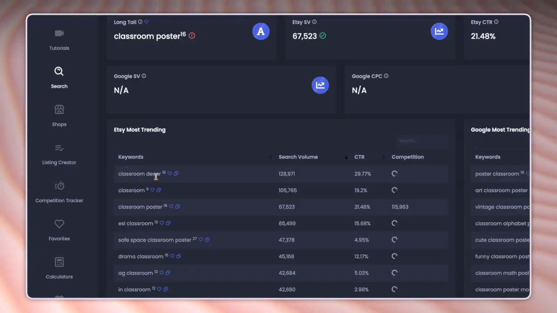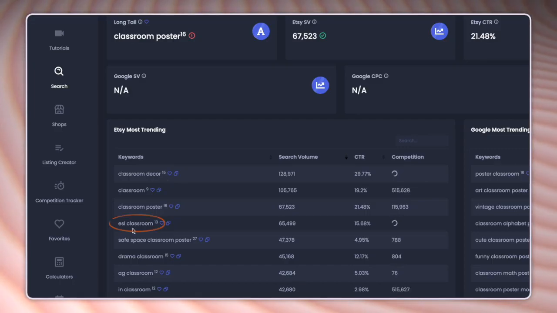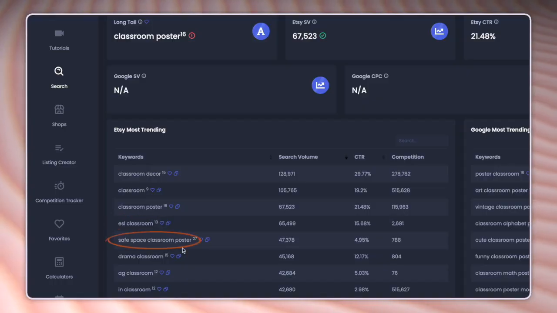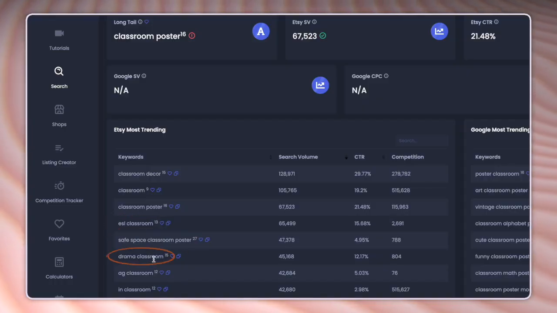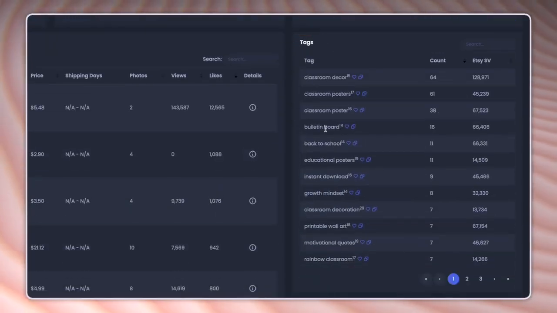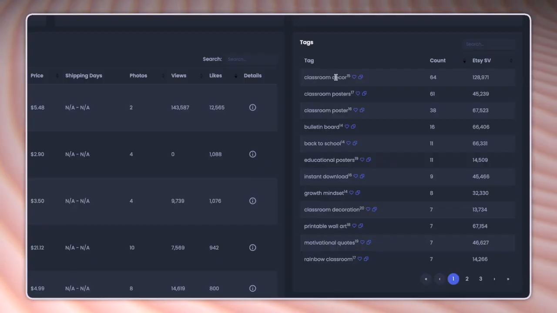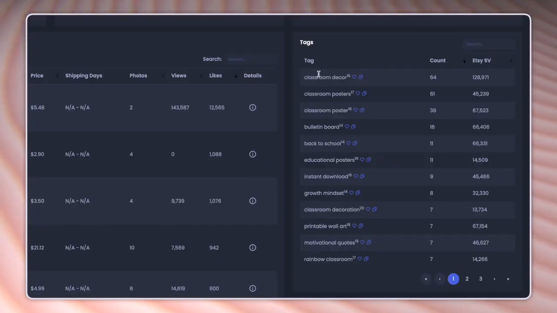And this is a great place to just get some inspiration and ideas for related types of products that I might not have thought of. We've also got pretty high search volume for ESL classroom, safe space classroom poster, drama classroom. I can also scroll down even further to this tag section and do a similar search here. These are phrases that sellers on Etsy are using as their tags in their listing when they are selling this